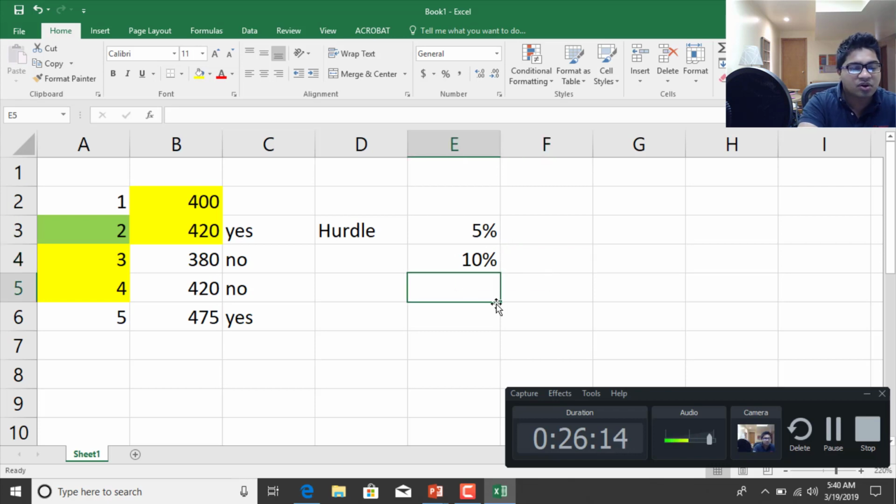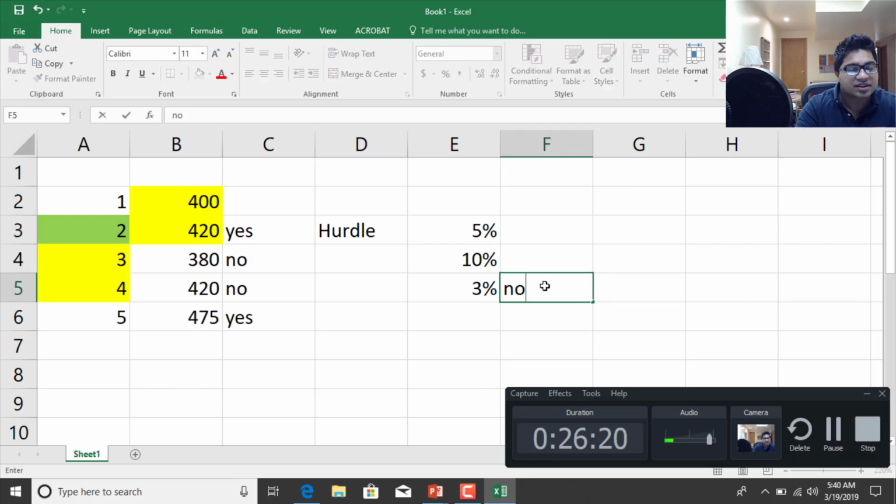But if the fund grew 3% and the hurdle rate is 5%, there will be no incentives. If it is 10%, there will be incentives. Okay, so hurdle rate is the minimum rate you have to achieve as a fund manager to get incentives,